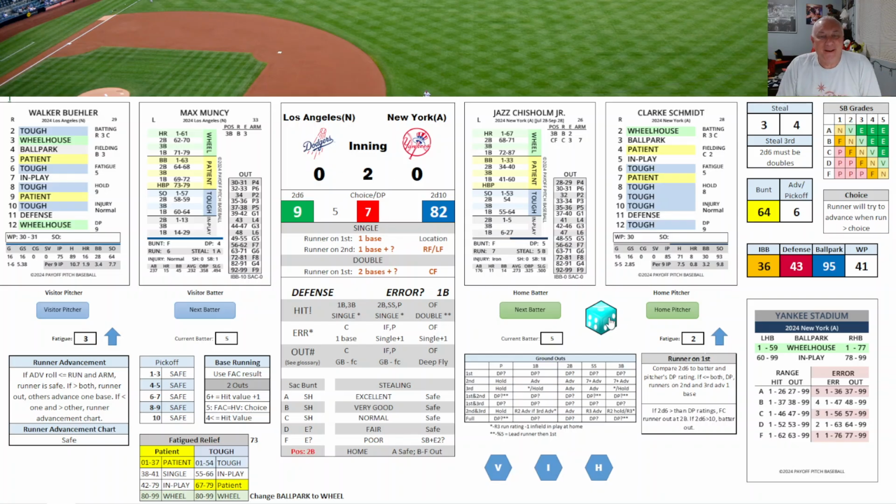So going to the second inning, Max Muncy, 6 is a tough. He strikes out. 1 out. Will Smith, 10, tough again, 43. Oh, it's a double. See right there, he throws a tough, just misses the strikeout range, and it's a double for Smith. 1 out, runner on second. Is he going to steal? No. I checked the steal rating, it's 11.